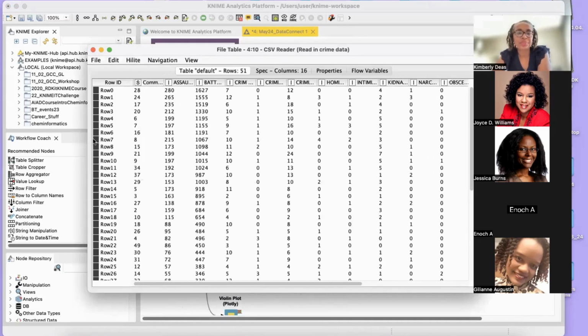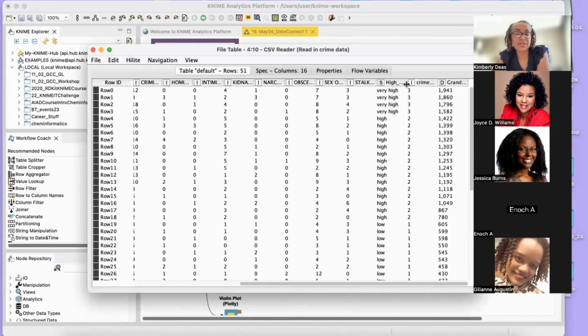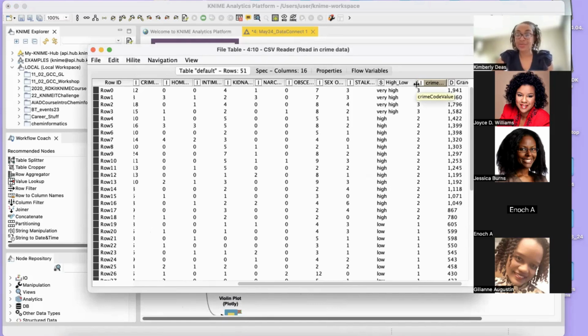Okay. Now I talked about the pre-processing step. One of the other things that I did when I did the pre-processing step was I wanted to have some categorical variables to describe the type of crime, right? So is it high, is it low, is it medium? So this column was done in the pre-processing step. So I didn't show that. That would have to be a longer talk, but that's one of the columns that I created in the pre-processing step, which I was able to use for the visualization. You'll see that in a sec.